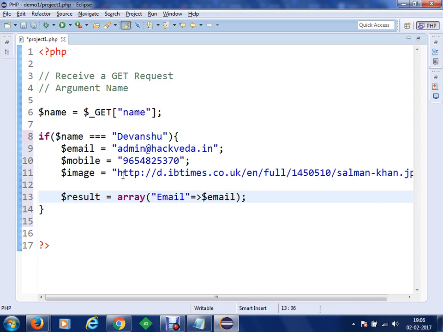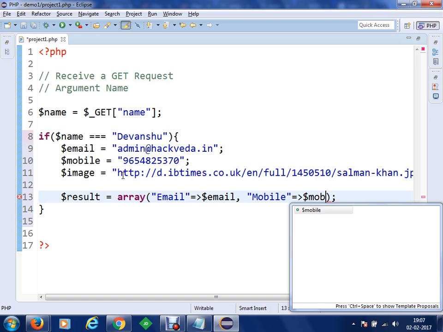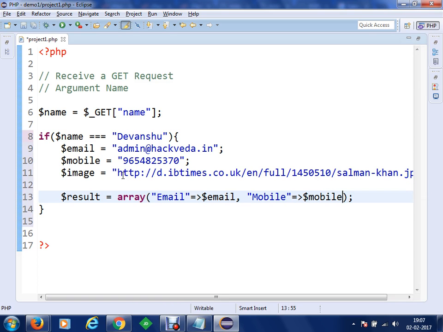Let's say I have added the email key with my variable email, and this is known as association. The second value I will take is the mobile number, which I'll associate from the variable $mobile. The third parameter I'm going to add is the profile pic, which will be the image.